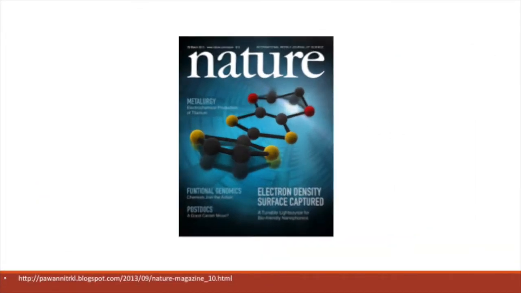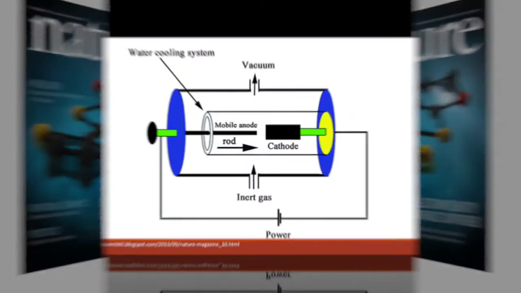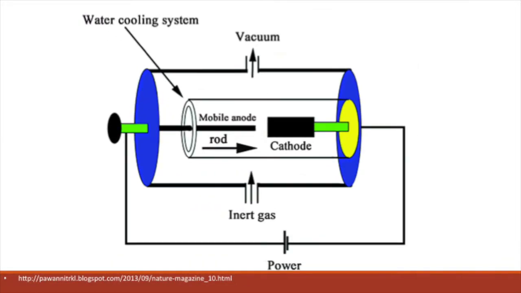Sumio Ijima published his findings in Nature magazine, where he detailed the process of the multi-walled carbon nanotubes and their characterization data. The nanotubes were synthesized through a process called arc discharge evaporation. Basically, this process involves hooking up a graphite cathode and anode to a power source. You turn on the power source and bring the cathode and anode within close proximity towards one another. This creates an arc current that puts out enough heat to turn into plasma. The plasma then evaporates the anode into carbocations, which react with one another and collect the soot in the chamber